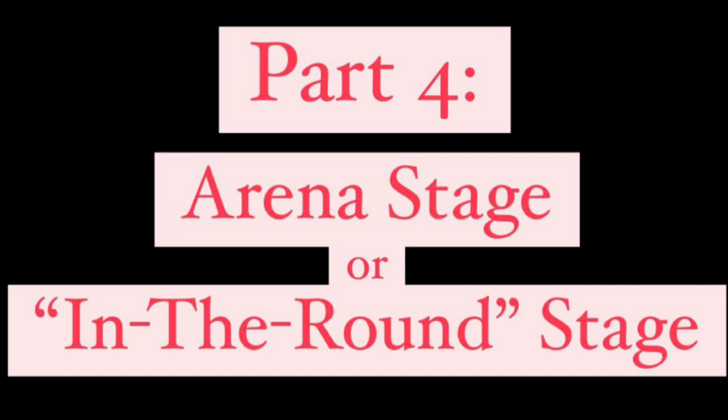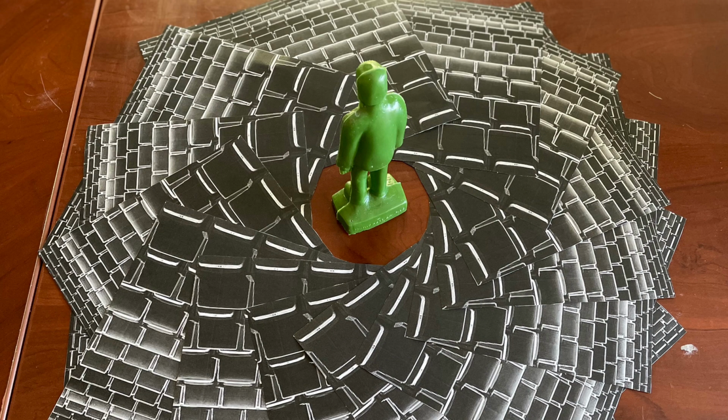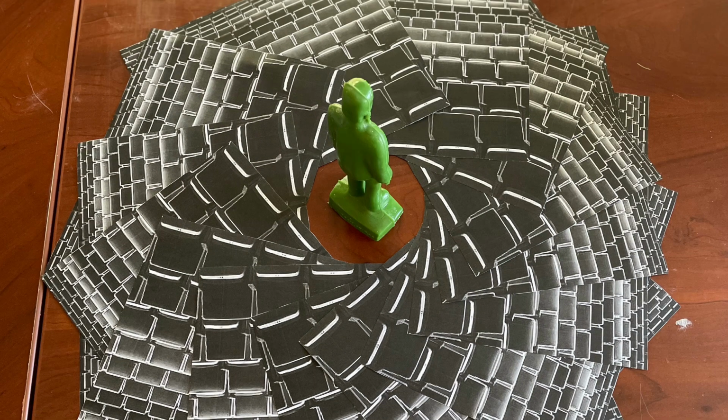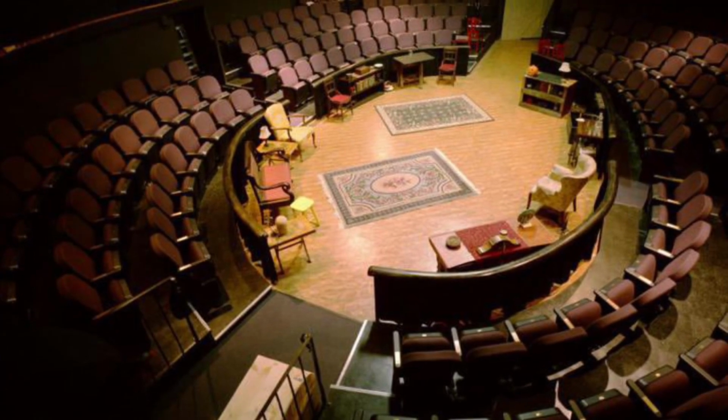And this leads us into our final stage design being discussed today, the arena stage, or the in-the-round stage. Here my model is showing a bunch of seating that is at a 360-degree angle around the stage at the center. This allows for optimal viewing angle differences. However, you can tell that the model has his back turned to much of the audience at various points in the show. And clearly, this stage design does not allow for any type of set design to be built in an elaborate way,